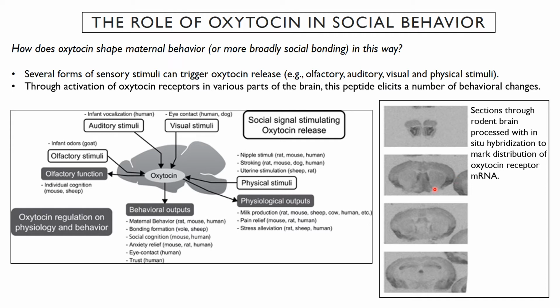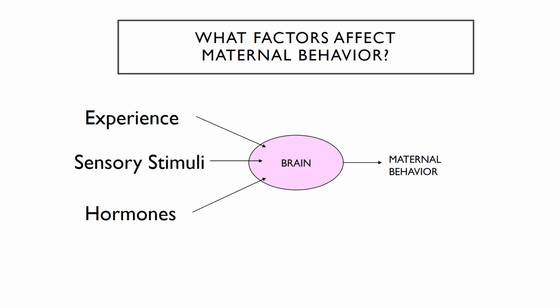This is also true in various parts of the cortex. You can see many areas in the cortex with oxytocin receptor. This is also true in the hippocampus. So a bunch of areas in the brain have oxytocin receptor, which means when oxytocin is being released, it's surging and binding to the receptors throughout the brain, inducing changes in behavior and leading to these changes in maternal behavior or social bonding. So it can have a huge effect through just the release of the hormone.